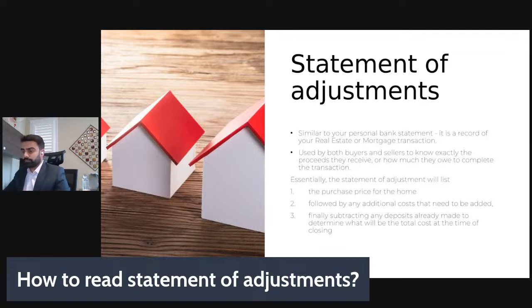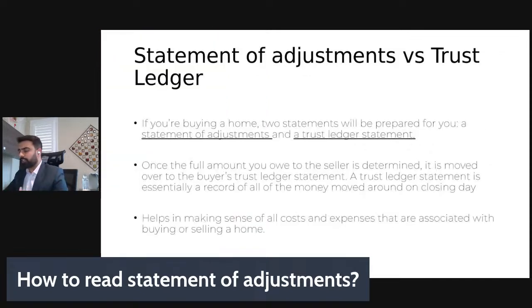And once the full amount you owe to the seller is determined, it is technically moved to the statement of adjustment. From the statement of adjustment, it's moved to the trust ledger statement. It could be the buyer's trust ledger or the seller's trust ledger. And it basically helps in making sense of all the costs and expenses associated with buying or selling a home,